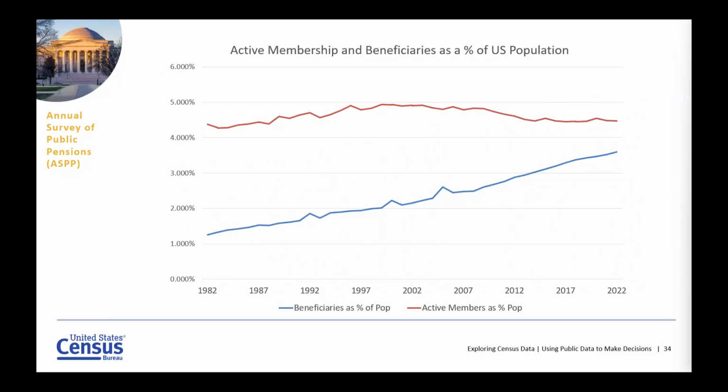Beneficiaries, which are here in blue, clearly demonstrate the same trend that we saw in the total counts on the previous chart. In fact, this reflects what's happening across the US, which one article I read dubbed the silver tsunami. Since 2011, about 10,000 baby boomers a day turn 65. Today, people 65 and older are about 18% of the population, but by 2054, they'll swell to 23% of the